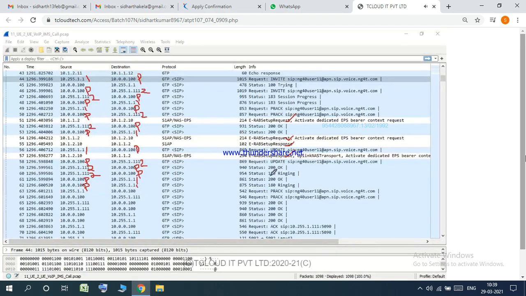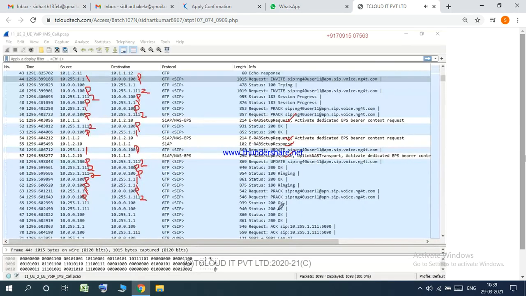This phone ringing, 180 ringing, is called a provisional response. A provisional response can be provisionally acknowledged. So for acknowledging that provisionally, the guy receiving it, user 1, is replying back with this PRACK. So 1 is sending it to proxy. Proxy is forwarding it to user 2, saying that because you have sent me the ringing message, I am sending PRACK. But PRACK needs to be